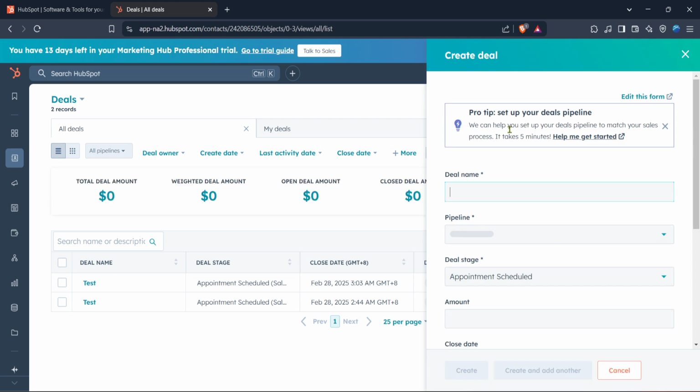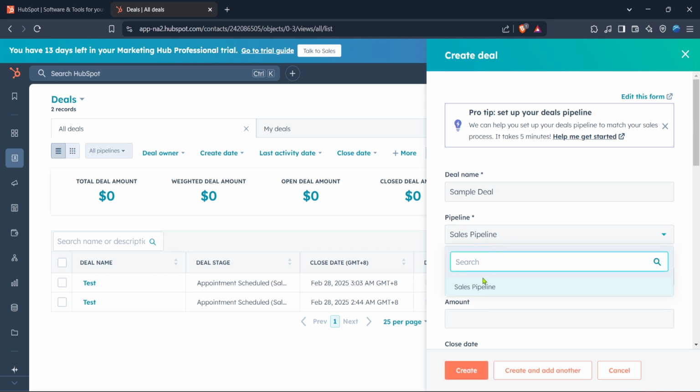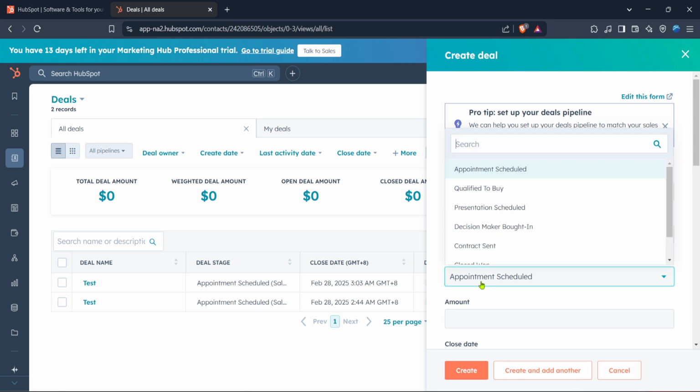This feature is designed with a user-friendly interface meant to ease the process of entering crucial information about new opportunities. Once you click on Create Deal, you'll be prompted to enter details like deal name, amount, and the stage of the sales pipeline where this deal currently resides. Be as detailed as possible here. These insights will help you forecast future revenue more accurately and effectively.